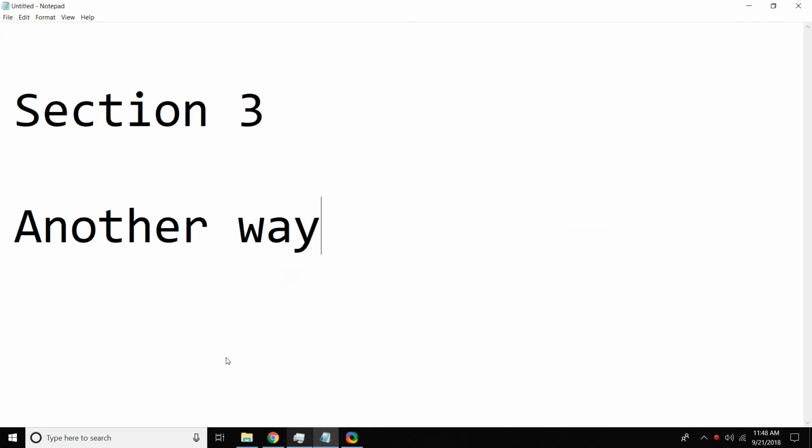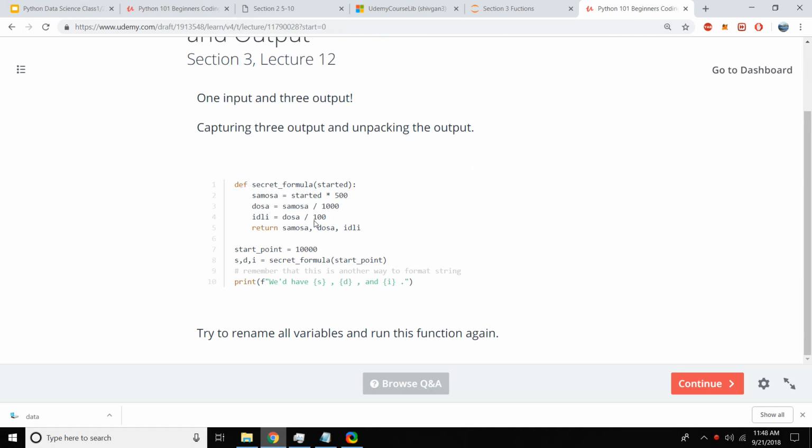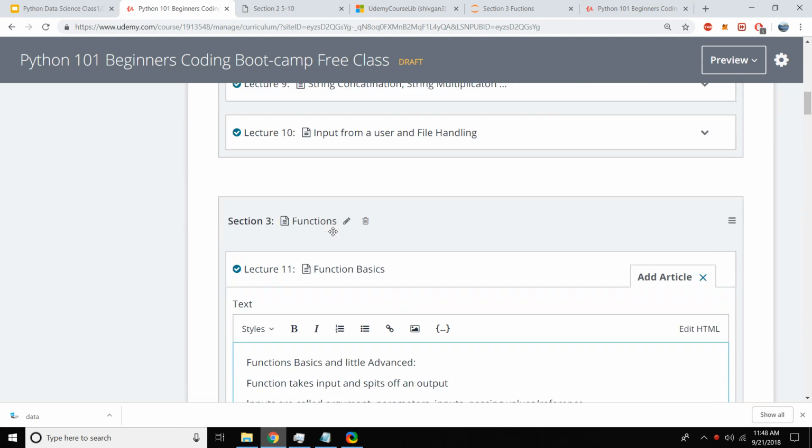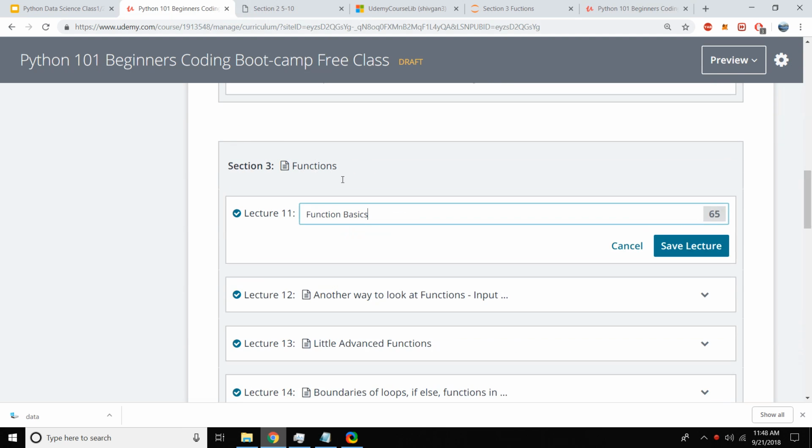This is another way, and we are looking at one more function. This is an easy function. In the last part, we did function basics. So just revising, we did function basics, and we did not do the advanced part of the function. So it's only function basics and